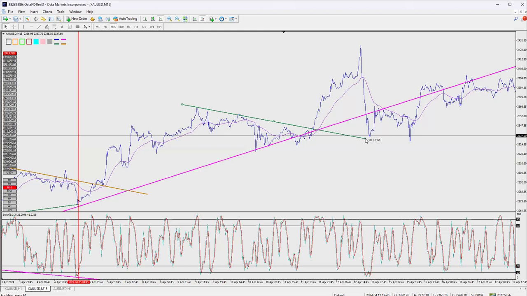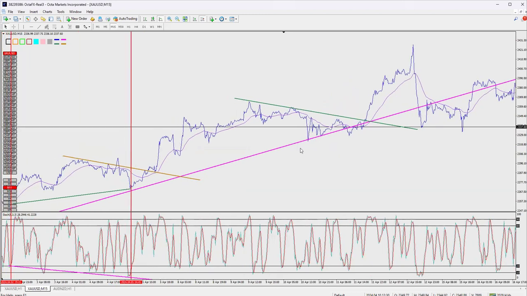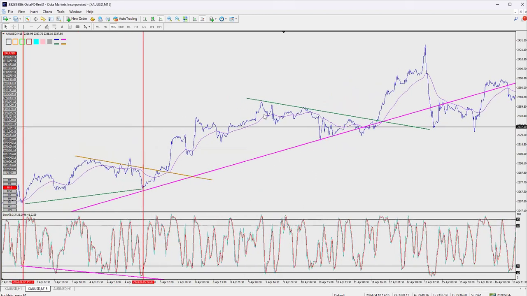It's a counter trend. So once we have this counter trend, we look for divergence. We see we have divergence. So we can take,